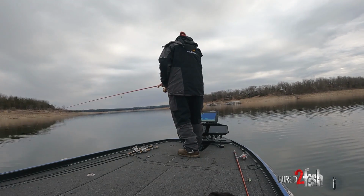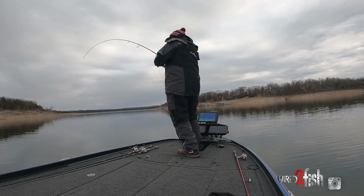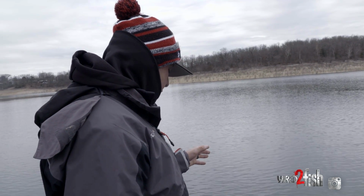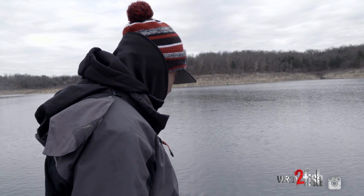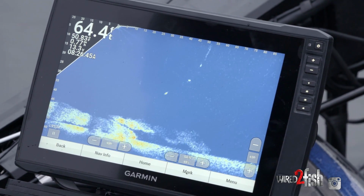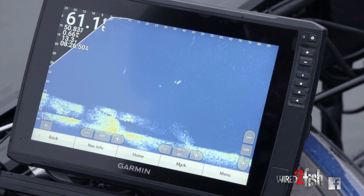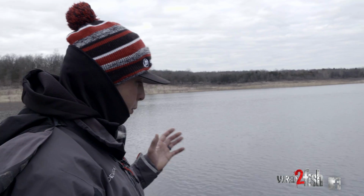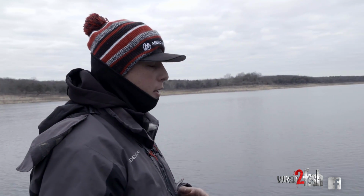So the whole deal about using your live scope and fishing out here deep is learning how to put the bait in front of their face. It seems like when you're out here chasing these fish around, you would think if you got it somewhere close to them that you would have a chance at catching them. If you don't land your bait almost right in front of their face, they're not going to come and bite it. The way that I try to explain it to people a lot of times is whenever you're physically casting a Damiki for them, and you're not just sitting there fishing for fish that you can't see off the bottom,